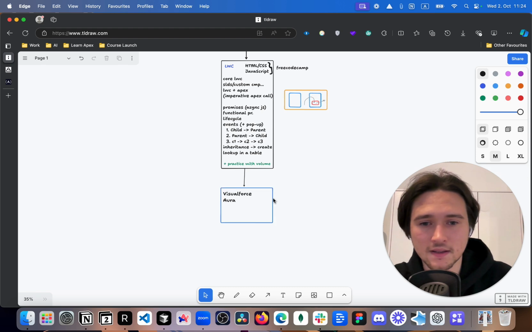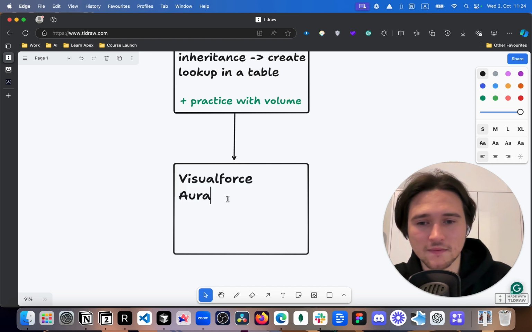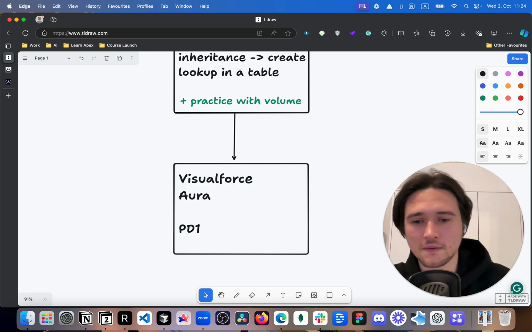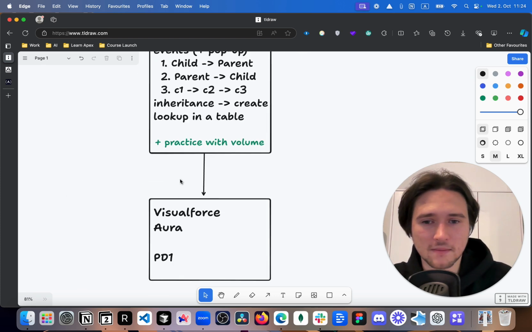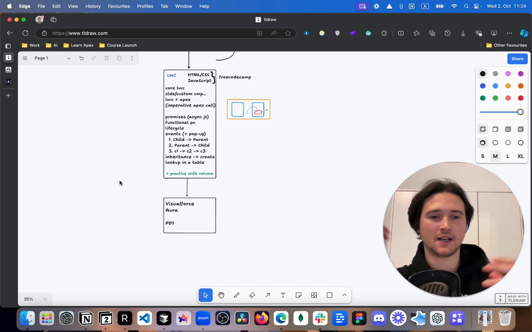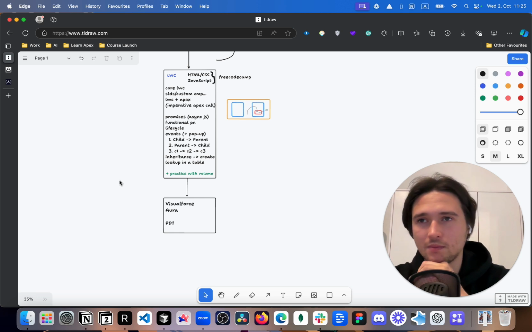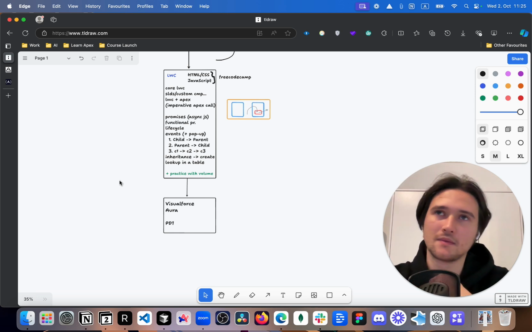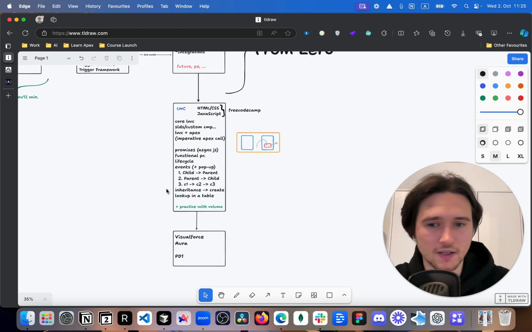I guess the main reason you need them is for PD1. PD1, yeah. So that's another part of it. I don't want to put months on it because it's all very individual. I have a student like Ethan, for example. He did it very quickly, but then I have another student who took a little bit more time with this. That all depends on you. So I'm not going to put a time label on that.